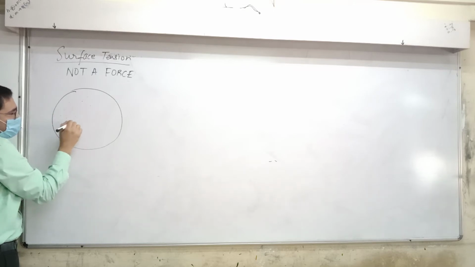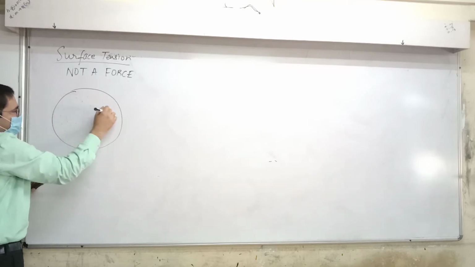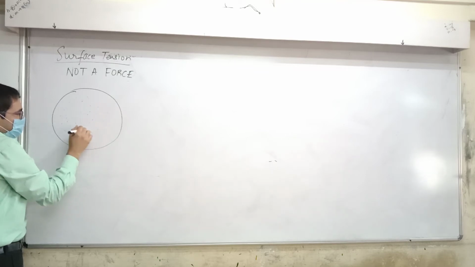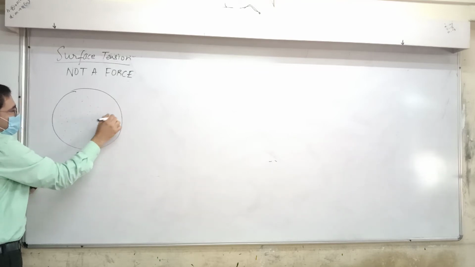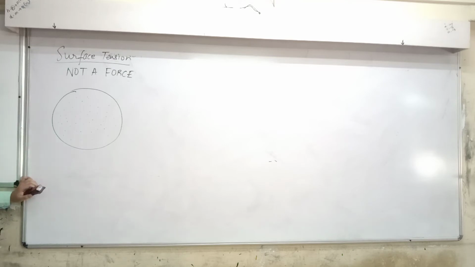Yes or no? Yes. Isn't the surface made of molecules? You know it. So let's say there are so many molecules on the surface. Now, let's draw an imaginary line. Okay. Let's say this is water. I'm taking my pen and I'm drawing a line. Needless to say, the line is imaginary.